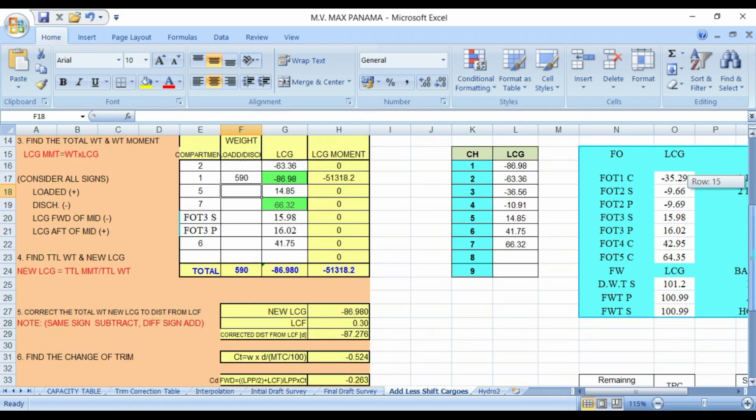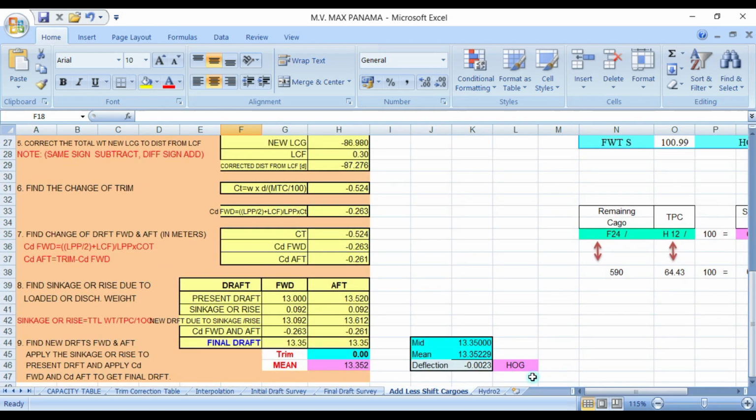See, and this is your mid drop, 13.35, and your mean is 13.52. So you have a zero deflection. Okay. Take note that